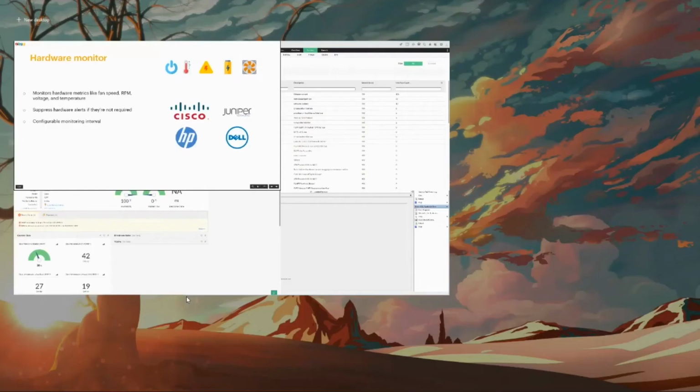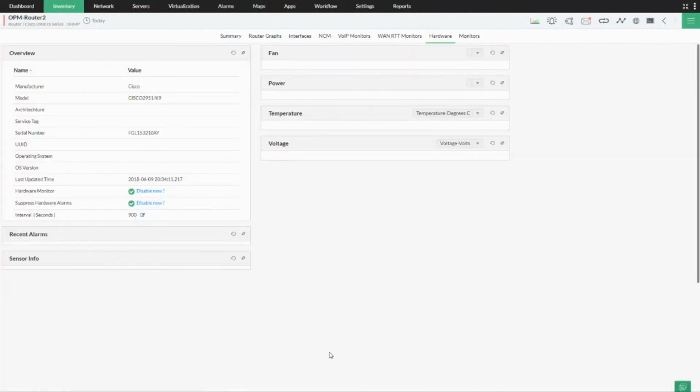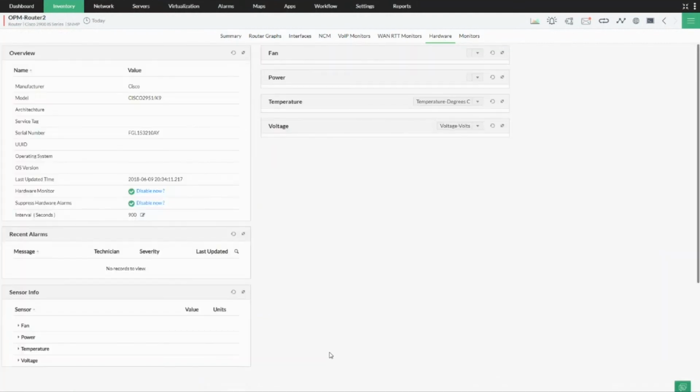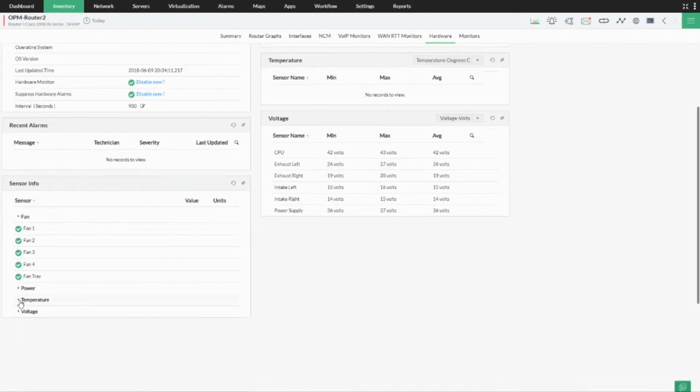So now let me take you to the product and show you the various metrics which can be viewed and monitored when it comes to hardware-based monitoring for network devices in my environment. For example, this is a switch where I am monitoring various hardware metrics and the sensor-based status as well. Fan, what is the status of my fan? What's the temperature of them?